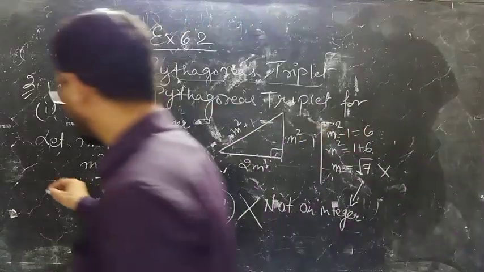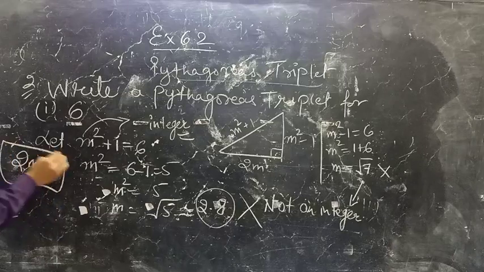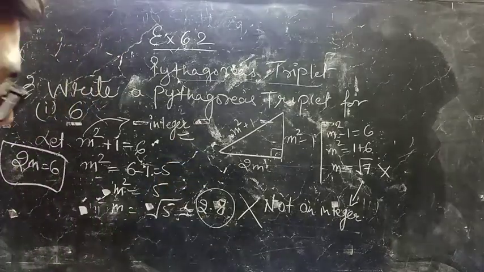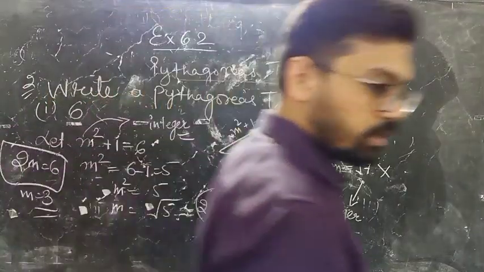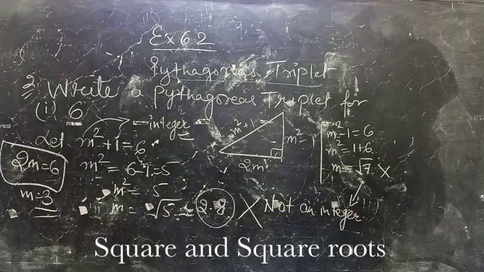That's why I have chosen 2m is equals to 6 for getting the value of 6. And when I put 2m equals to 6, the value that I have got is 3, right? m equals to 3, which is an integer. So this is the reason behind this. Please note it down fast. Then on the basis of the same concept, I will do some more questions, okay?